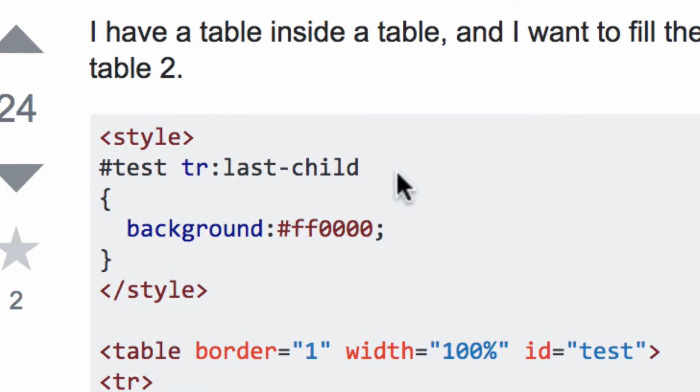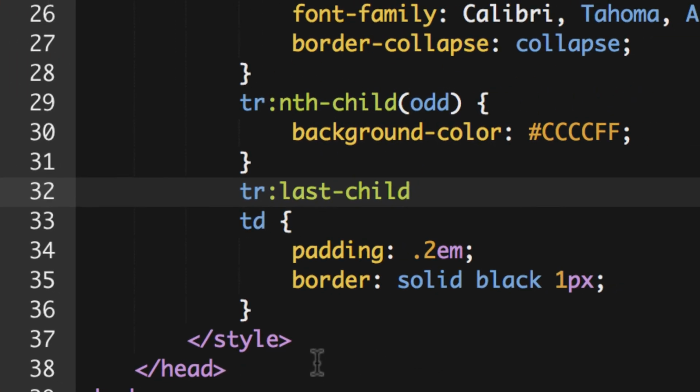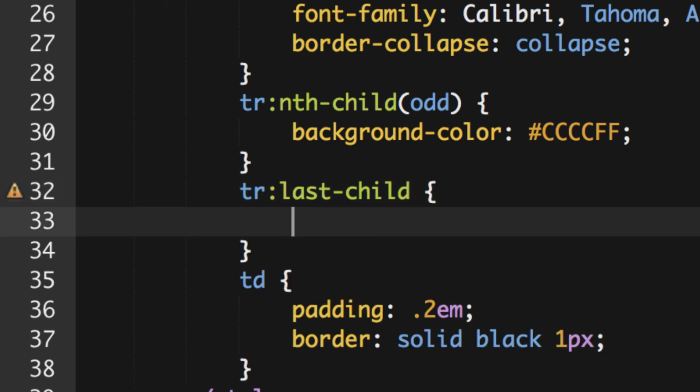TR last child, and that's it. Notice there's no parentheses, you don't put anything in there, it's just TR last child. So thank you, Stack Overflow. So it's just TR last child, and that's actually, I had that right here. So it's TR last child. So I'm making a selector for that, and I'm targeting that last row, and in there I'm going to change